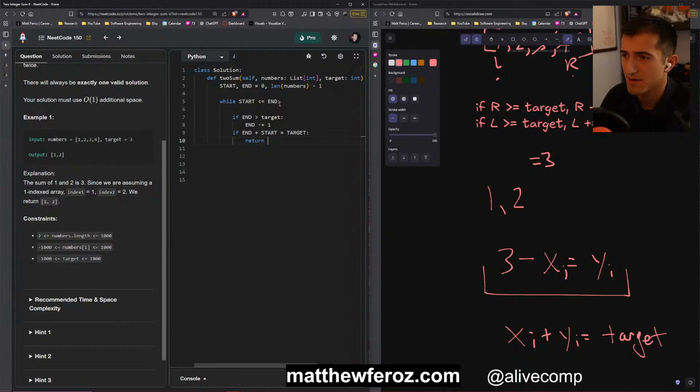I need to return this start and end, these are indices.